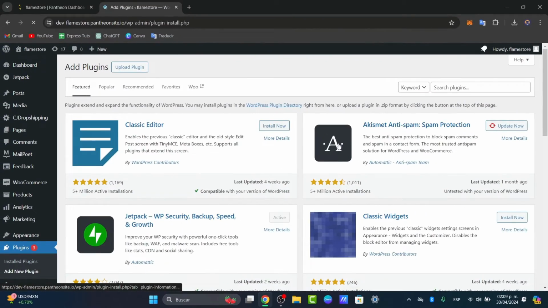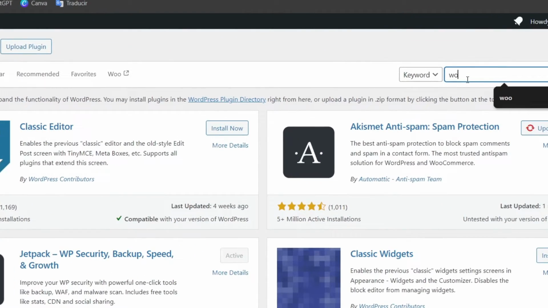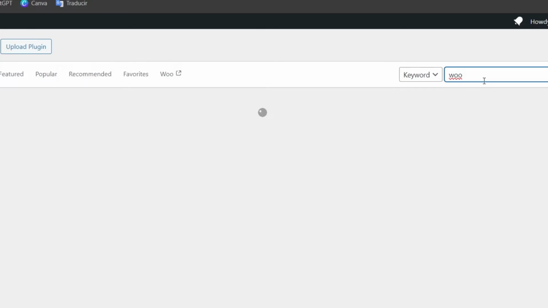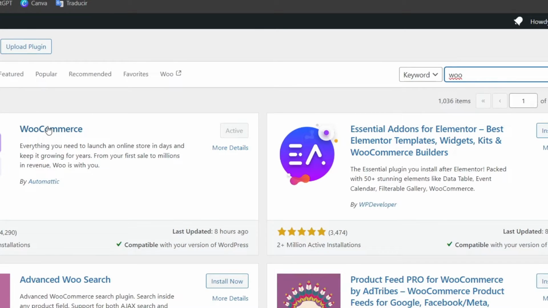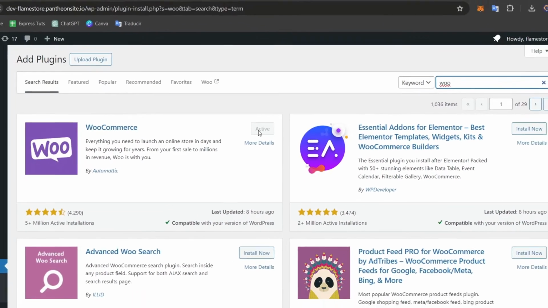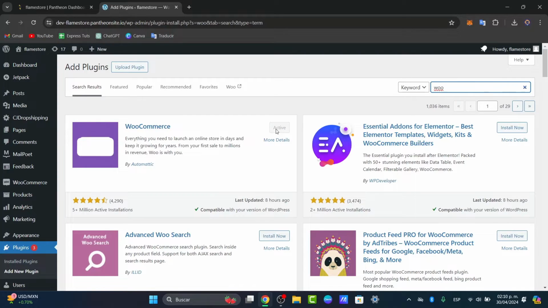Here I'm going to type the word Woo, for example. And as you can see, we have WooCommerce. It's really important to hit install now, and then later on hit activate. So this is the part where you want to make sure that we can add a Stripe payment gateway. Now that you have WooCommerce, what you want to do is